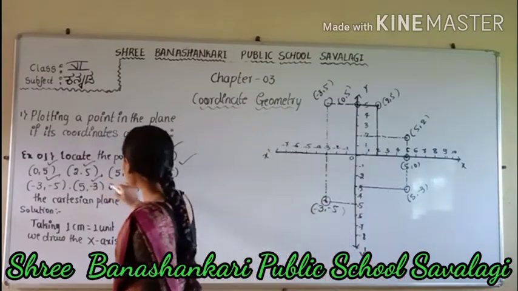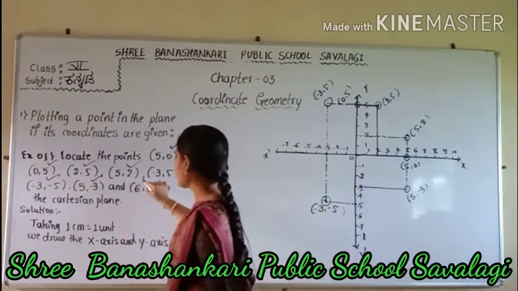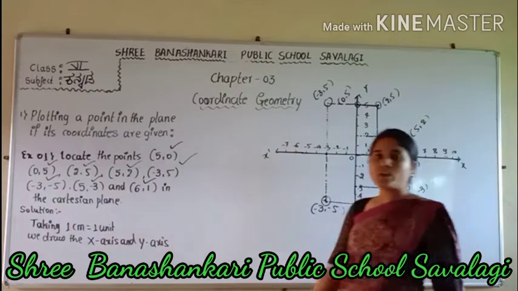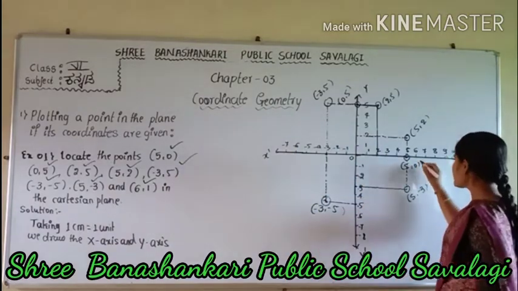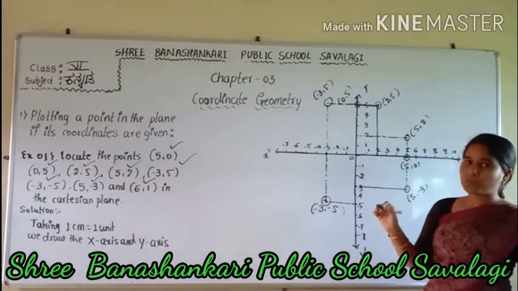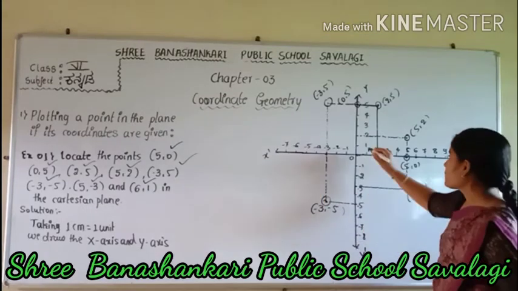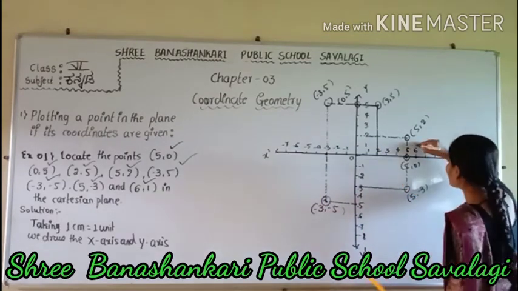And next point is the 6 and 1. Here the x coordinate is the 6. 6 means here it comes, and the y coordinate is the 1. And whenever these 2 points meet,